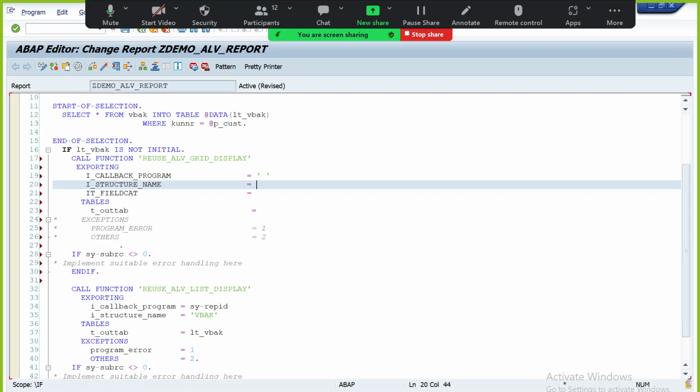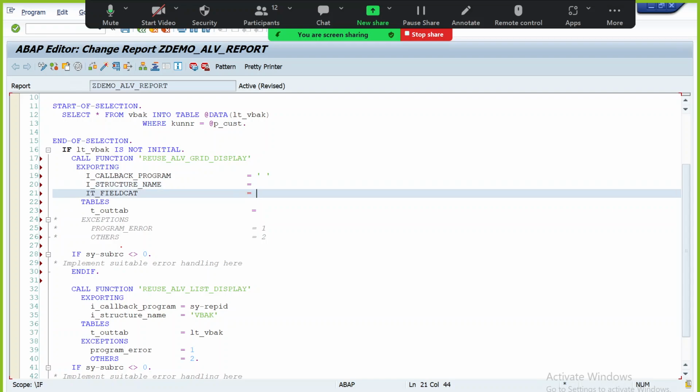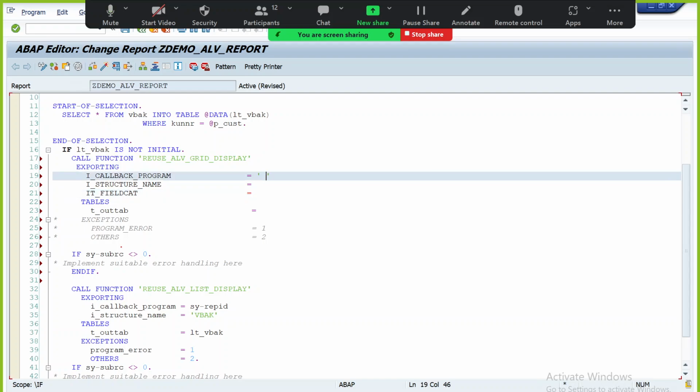Field catalog is nothing but we need to collect records into an internal table and we need to pass that internal table here. Okay, so you're not going to learn anything new here. If you know how to call a function module, if you know how to append records to the internal table, you're already aware of this concept. Okay, what is callback program? You can give a hard-coded program name like this in single quotes. Make sure you are passing only uppercase letters. You can also give like this or simply